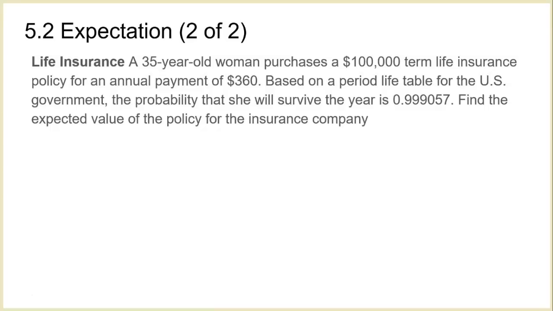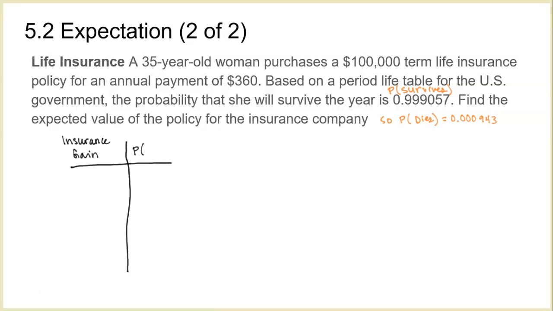We have to kind of think about how our table might look. So we know that this is the probability that the woman survived. So the probability that she does not survive or that she dies is 1 minus that, right? It's the complement. And what we want to figure out is more or less the gain for the insurance company. So like we talked about the gain for winning the lottery for the tickets based on how much you paid versus how much you won, this would be similar. I'll look at what is the insurance company gaining in that year